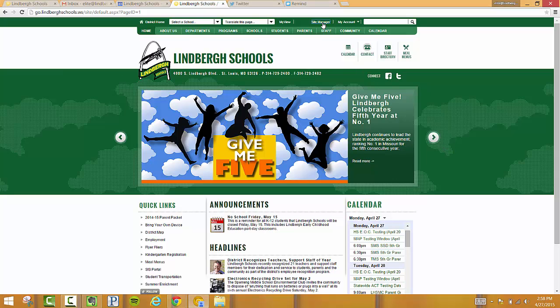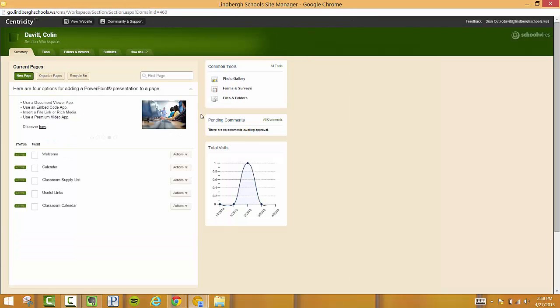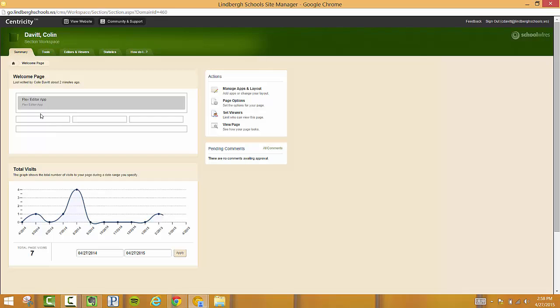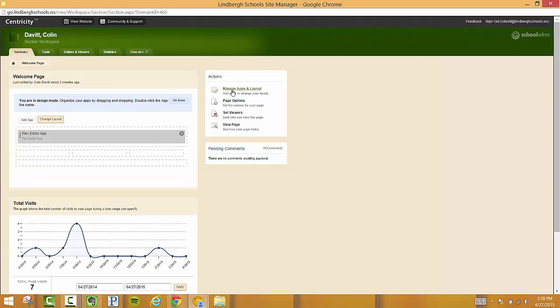Go up to the top, click Site Manager. From here, here's my welcome page. I want to go to the drop-down list and go to Edit Page. Do you see how these three columns here and a long one across the bottom? I just went to Manage Apps and Layout, go to Change Layout,